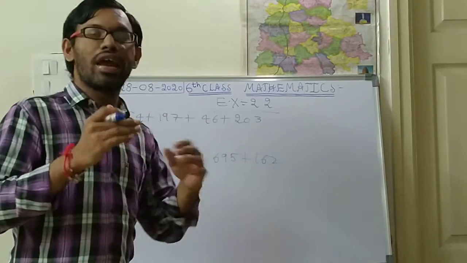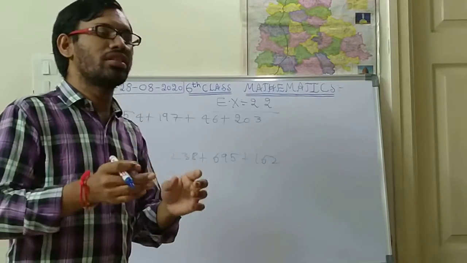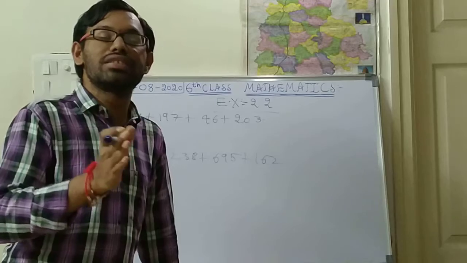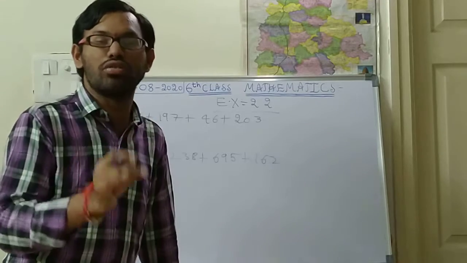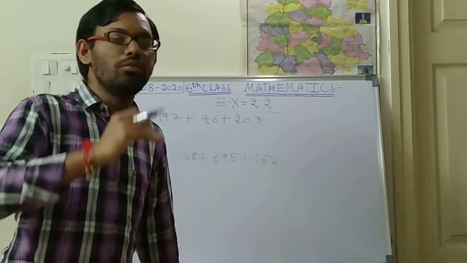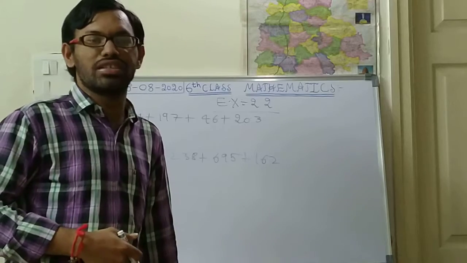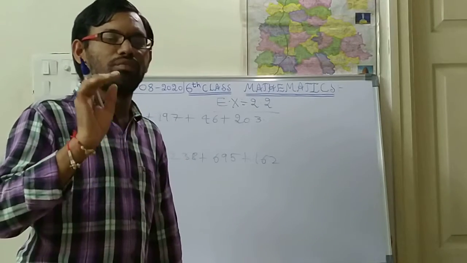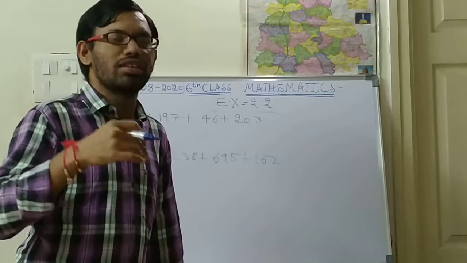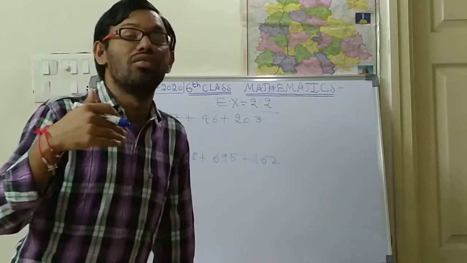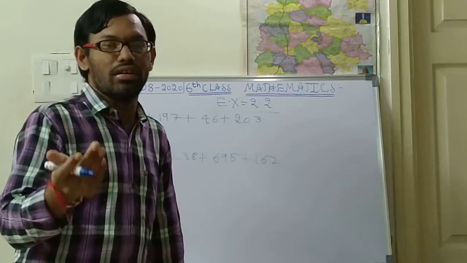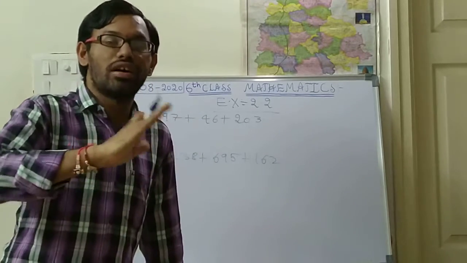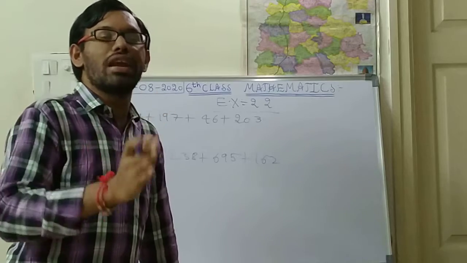How can you add very easily? Whenever the numbers end in tens, hundreds, thousands and so on, at that time you can add very easily. Is it right, children? So what is the clue, or what shall we call it, a trick, to identify whether we can rearrange in a suitable manner or not?